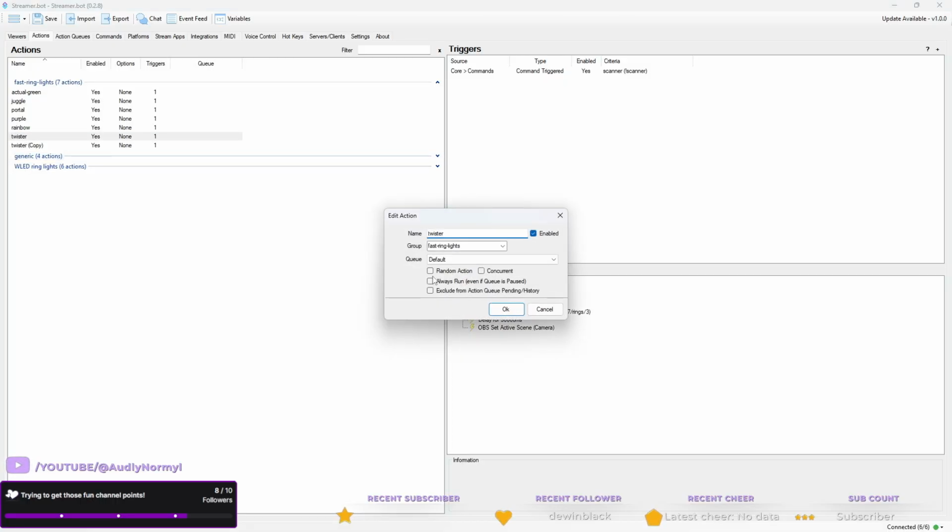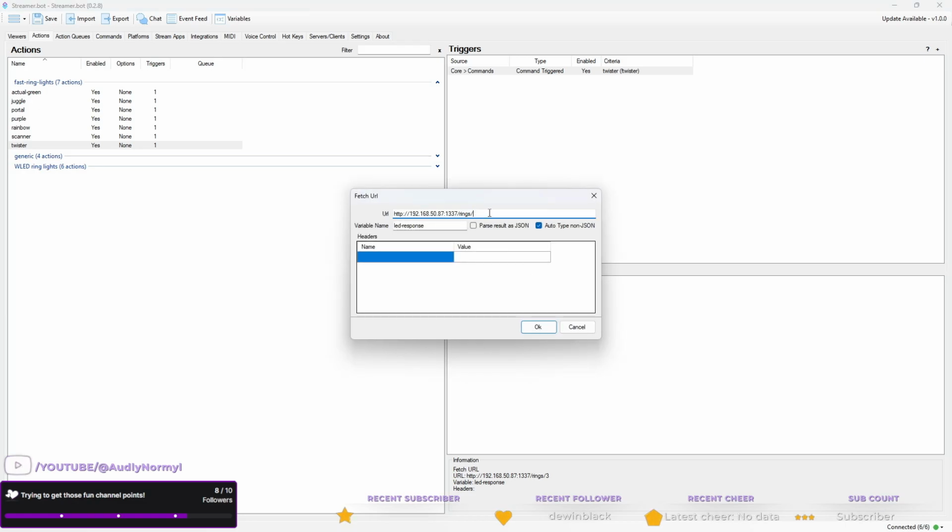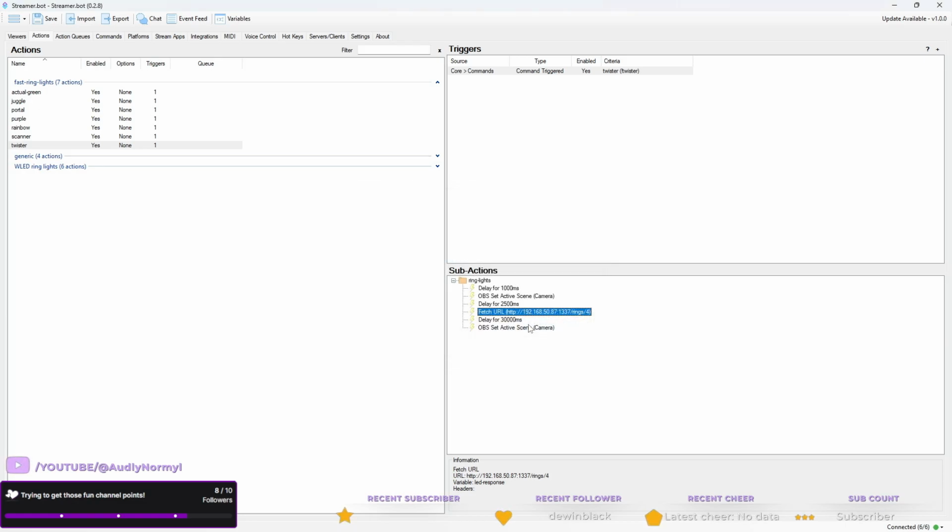That wouldn't have been nearly as fun. Okay, maybe check both of those now. Make sure that both Twister and Scanner work.